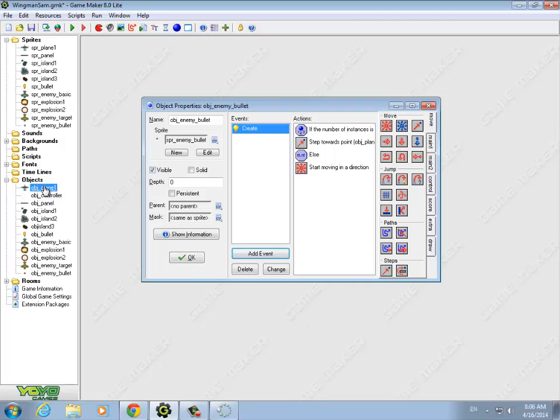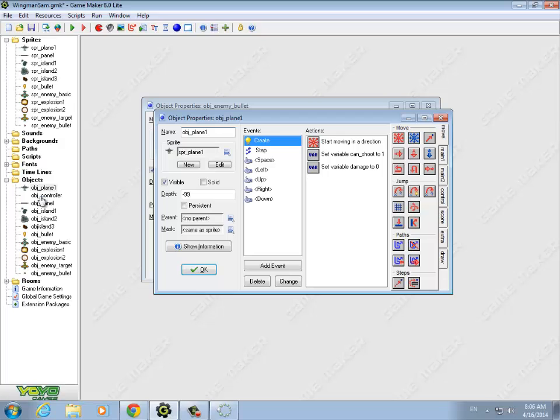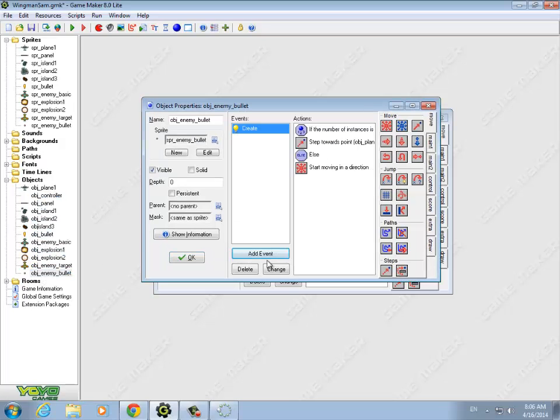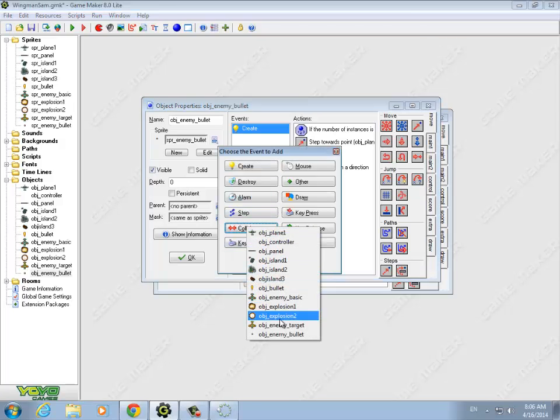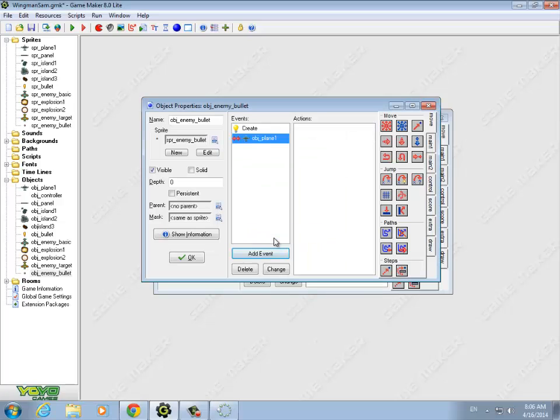Now we also have to talk about, well, what happens when the plane hits an enemy bullet. Most of our collision events look like they're buried in the objects themselves, so let's do that with the bullet. We'll add a collision event with the player's plane. And what we want to do is we want to add maybe 1 to the damage. You can decide how many points you want to add, but